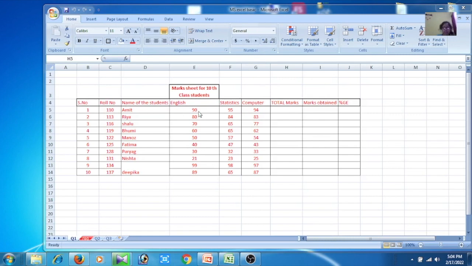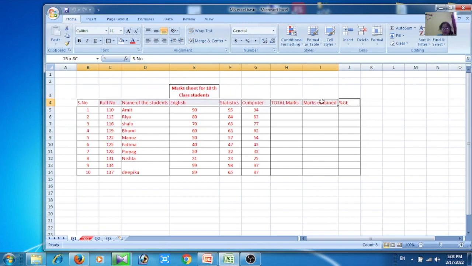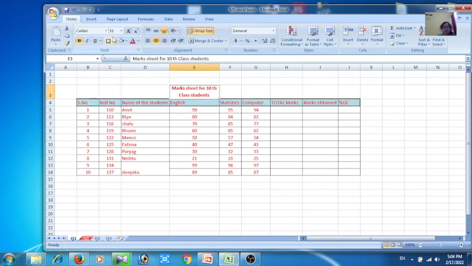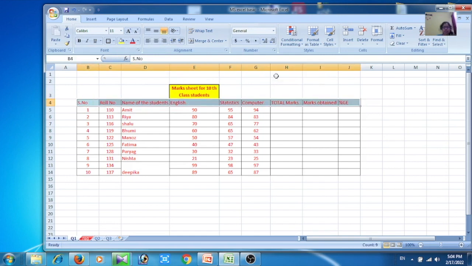So here's the sheet in which we have performed some functions. For example, you want to fill the color in the border in between the cell. From here, you can fill this color you want. For example, say you want this color, and here also if you want to fill the color, yellow color, likewise. And if you want to change the color of the text, not inside the color, so you